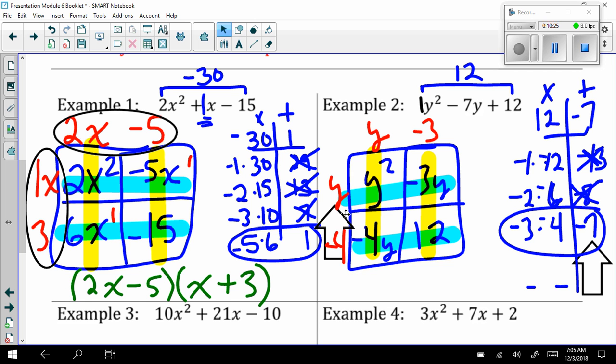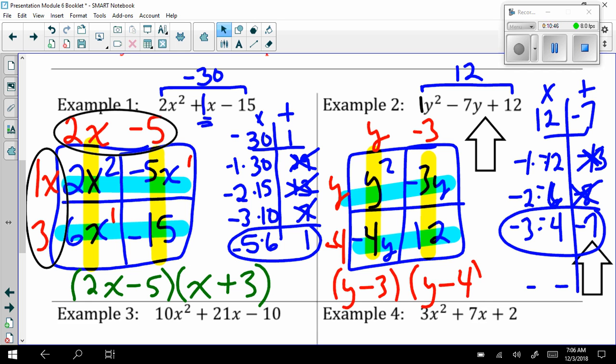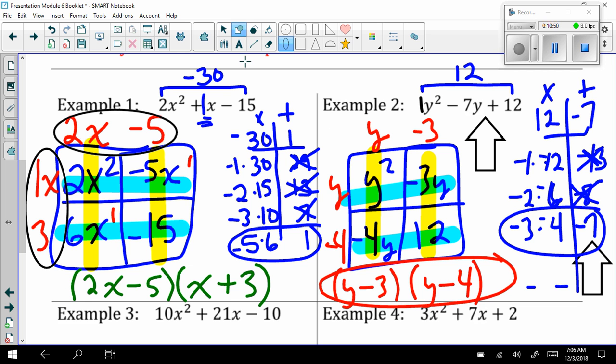Doing a remultiply to check. Y times y is y squared. Y times negative 3 is negative 3y. Negative 4 times y is negative 4y. Negative 4 times negative 3 is positive 12. Writing my two answers, or sorry, two factors. This is my final answer. Again, that's coming from here